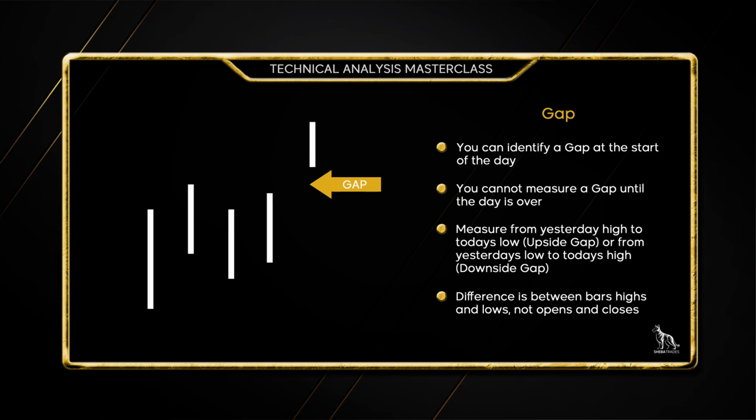And then we're going to need to wait a little bit longer, as you'll see coming up, to confirm that gap and that it's a trading opportunity. But for now, no overlap. It could open in a gap situation, but it has to close in a gap situation. And we're really looking at the highs and the lows. And so you're measuring from yesterday's high to today's low. That would be an example of an upside gap.